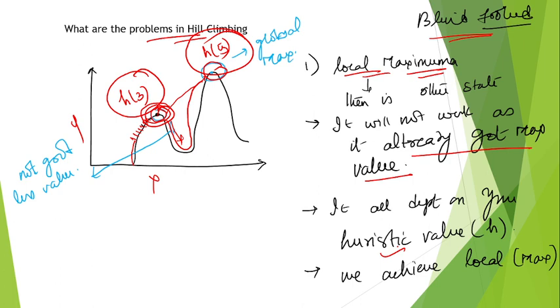So remember, when we are climbing a mountain blindfolded and going up like this, our legs are standing at the same place on one small position, and we think this is our maximum position. But when we remove our blindfold, we will see another height here. We call this a local maximum. I have just given the heuristic value based on that. And this is the problem of hill climbing.